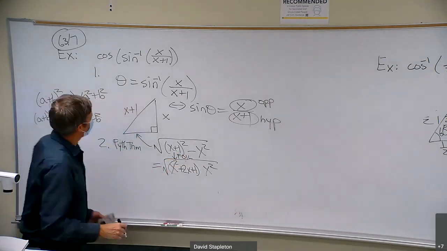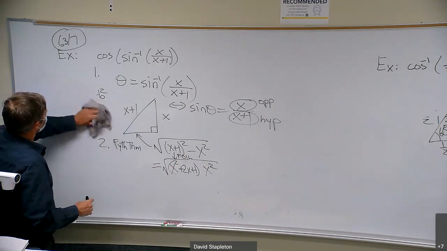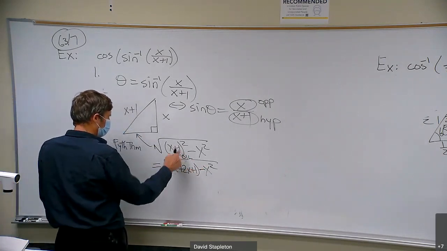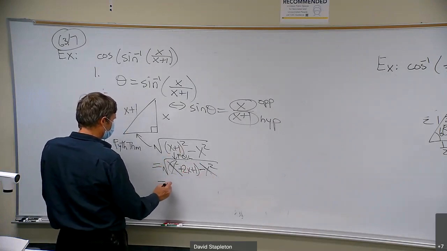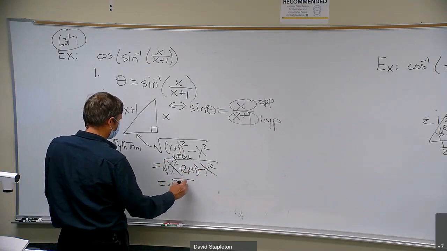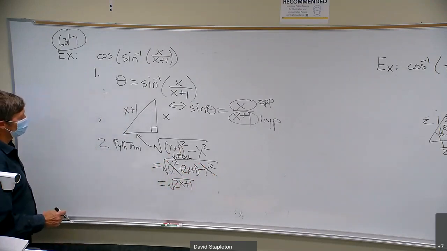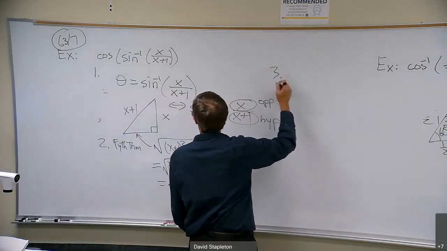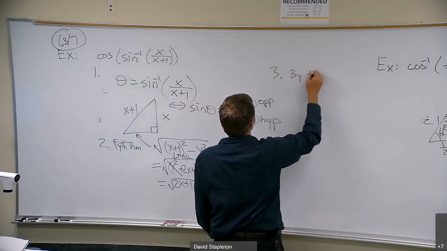I think the ACT is still more popular here than the SAT, right? And then minus x squared. So FOIL this one out, and now the x squared and the minus x squared cancel. And I've got square root of 2x plus 1 for the last side. All right, 1, 2, 3. Number 3 is to evaluate by the triangle